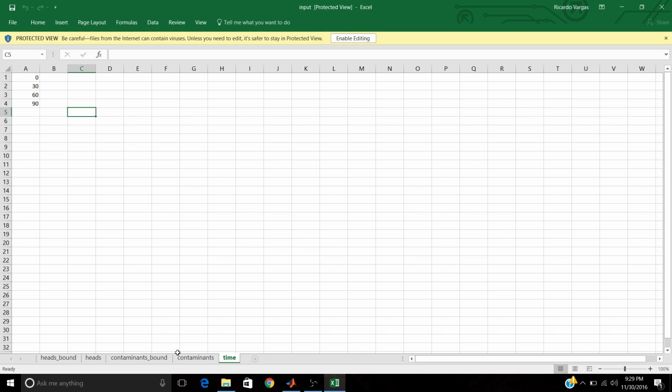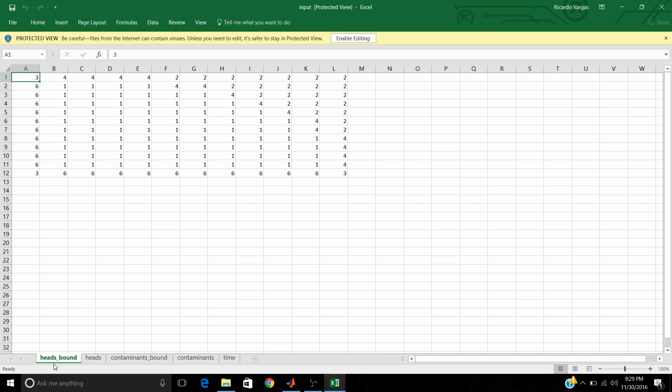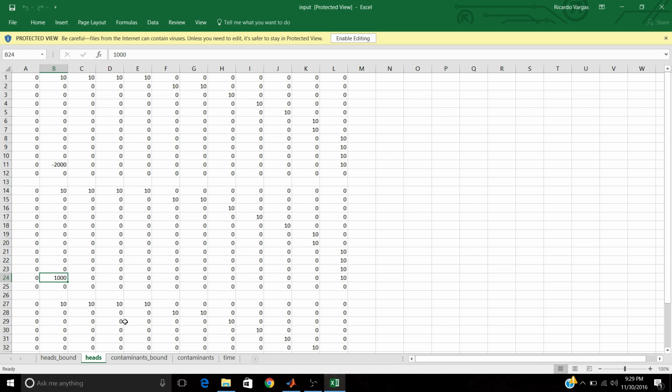So as you can see right here, there are 5 tabs that the user will have to work with. The first tab is the boundaries of the pressure heads. For example, the 1 identifies an active point, which will be included in the calculations of the actual code. The next tab is the pressure heads, and in this case, there are 3 steps in